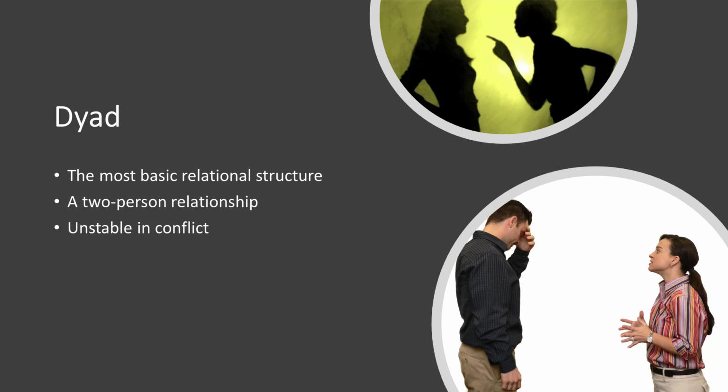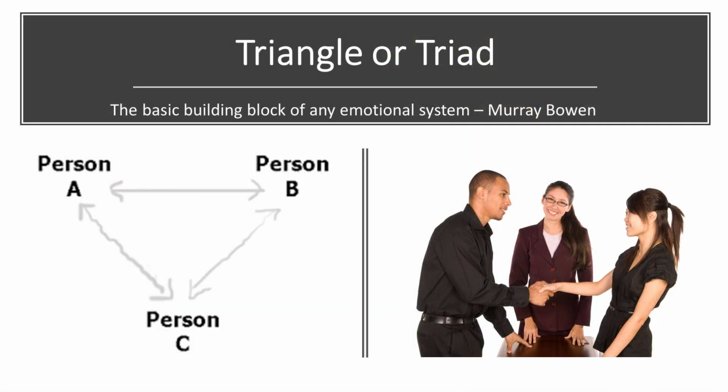Now that three people are involved in a relationship, it becomes a triad or a triangle. Even though the anxiety diminishes by bringing in a third party, the conflict will remain despite some temporary relief. Eventually, a trigger will cause the buried problem to come alive again, which will awaken the anxiety, and the conflict will continue. According to Murray Bowen, the pioneer of family systems theory, a triangle is the basic building block of